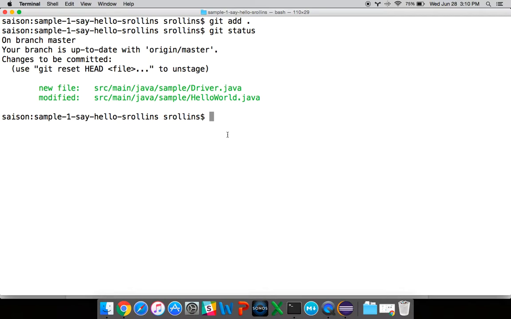Okay, so now after we have done the add, we're going to type git commit -m, and we're going to provide a message. So the first thing that's important is the git add, now the git commit. So git commit, and then we do -m and specify some message that tells us what changes we made in